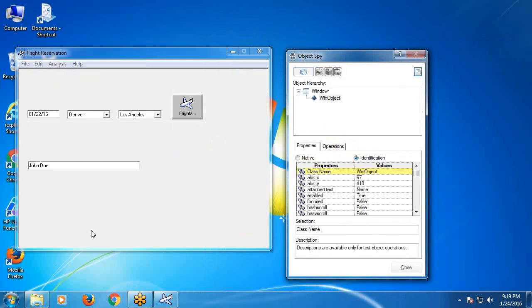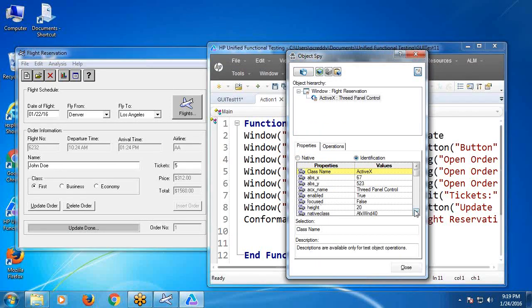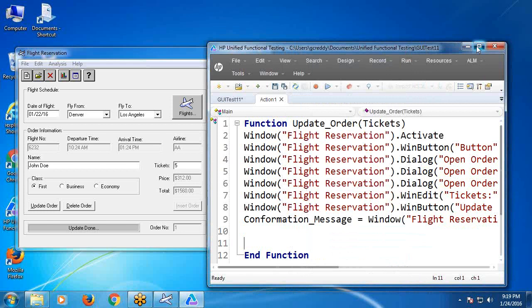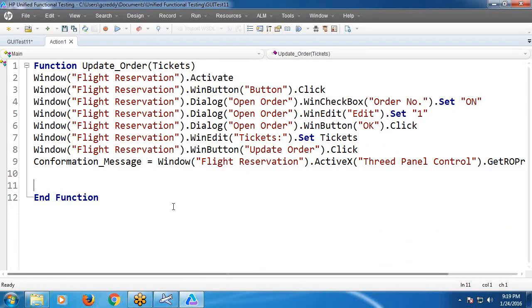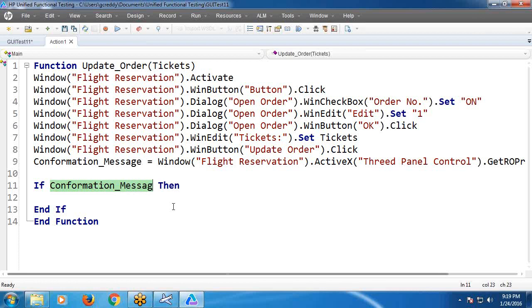Object Spy, show that ActiveX control. Messages, application messages, sensitive. If confirmation message equal to, within double quotes, string type data, then